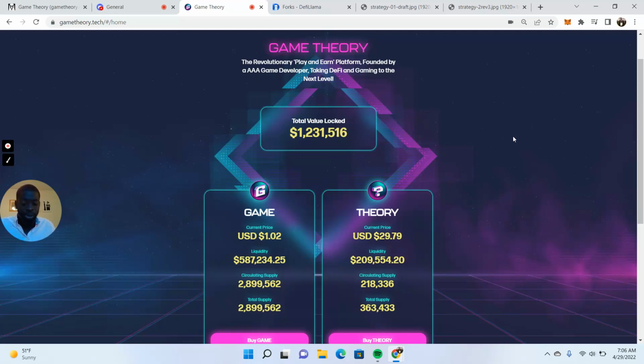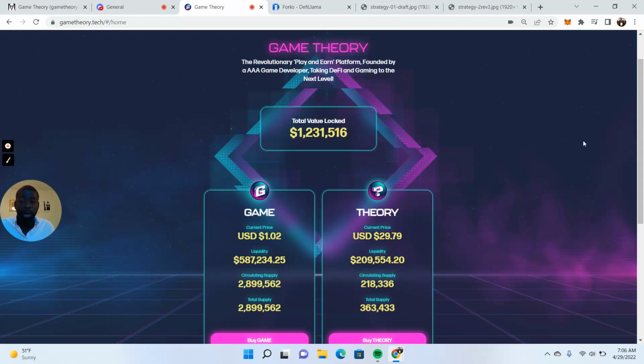In terms of the treasury, right now we're sitting at about $9,500 in terms of stables. In terms of what we have in game and theory tokens, every day that goes by, the treasury's amount of game tokens and theory tokens will be going up and up. We have about $500,000 in those two tokens in the treasury. So we have a lot of funds in our war chest that we can use. And the fact that we've been so stable since we launched and we haven't had to use those funds is a huge positive sign for us and shows how much confidence there is from our investors.